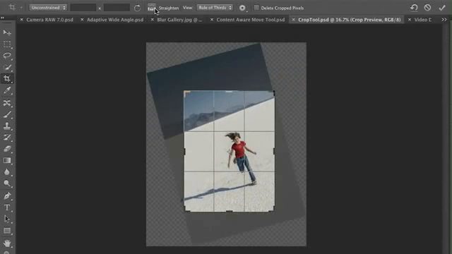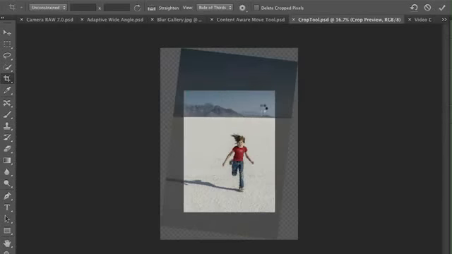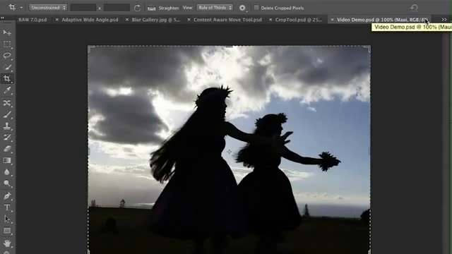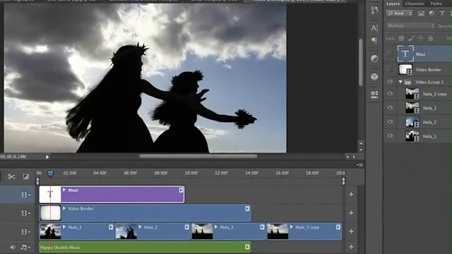Then finally, my automatic straightening tool right here at the top. I can then click on the horizon and drag and instantly straighten that. Double click and get my image just the way I want it with a new... You heard me correctly. I'm going to bring up my timeline here and let's take a look at the great